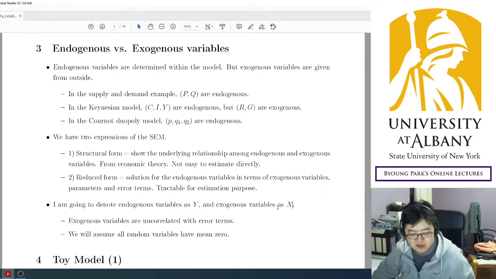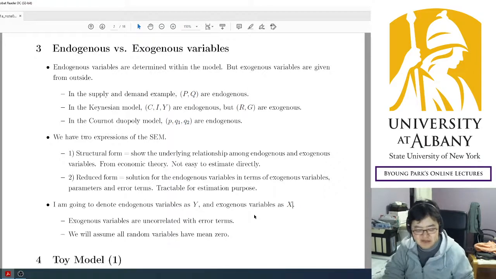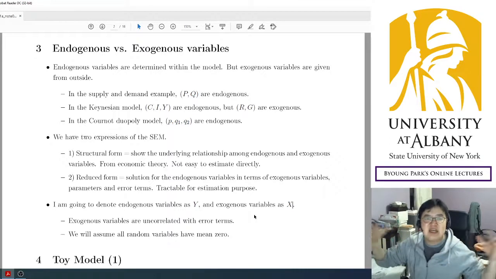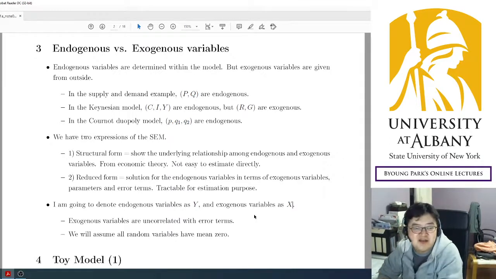Okay, so this was the introduction. In the next video, I will start from the very simple 2x2 model, and then I will extend to more complicated cases, to see what we can do and what we cannot. And it will be fun to see